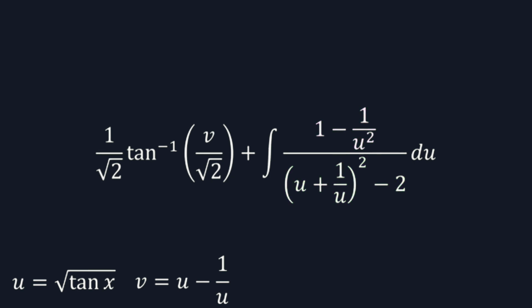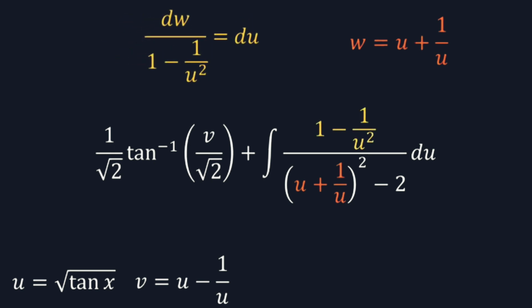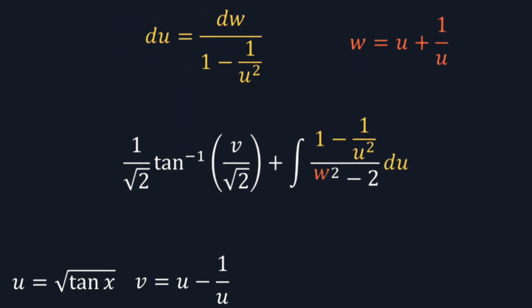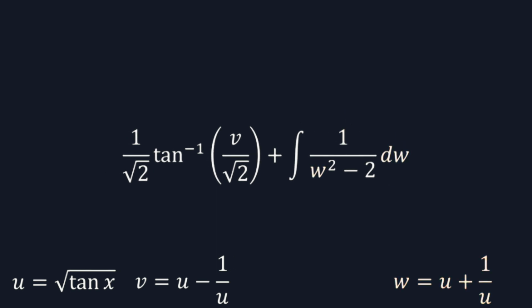We can now carry out a rather obvious substitution. We can call w u plus 1 over u, which means dw/du is just our numerator as expected. After solving for du, we can plug both w and du back into our integral, and after making some simplifications, we obtain the following. The resulting integral can be found in an integration table, which you may recognize to be